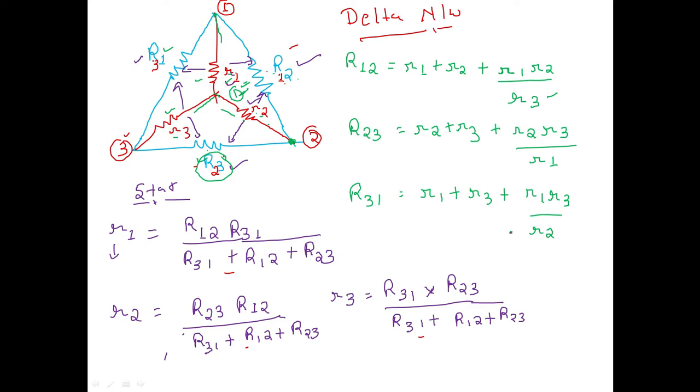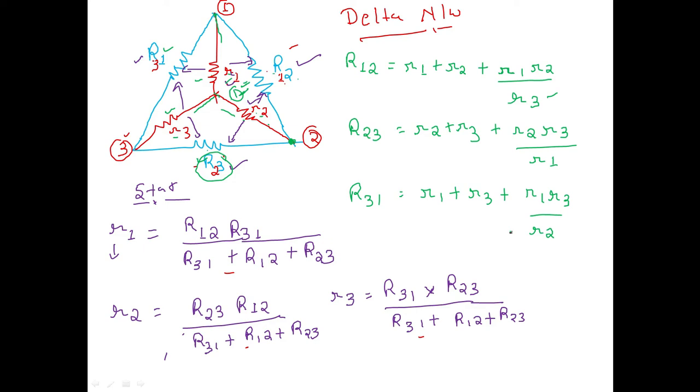and this is the required method from where we find the inner part of the network, that is R1, R2 and R3. So this is about the star network, how to find the star network in a complex circuit, and this is about the delta network, how to find a delta network in a complex circuit. In this way we will be able to apply this concept over a network analysis problem. So this is all about star and delta network.